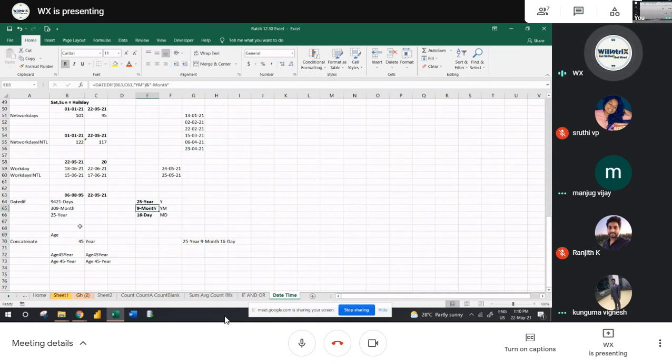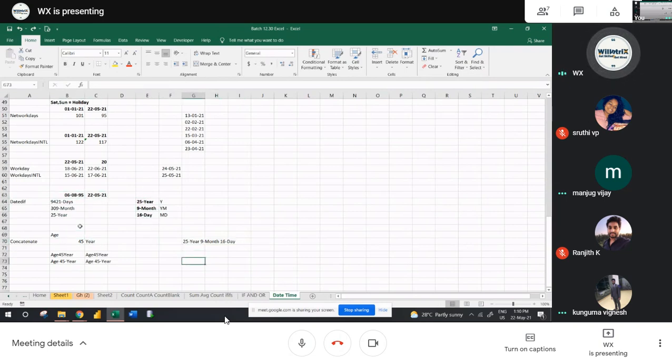But actually we do not use that. If I delete anything, there is a chance to miss here. I am just trying to tell you how to collaborate, how to work with the formula and concatenate both. I want to do all these things by referring to these two cells, not this.